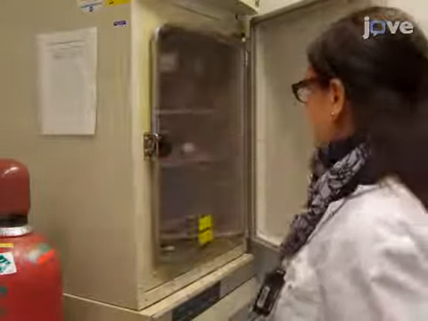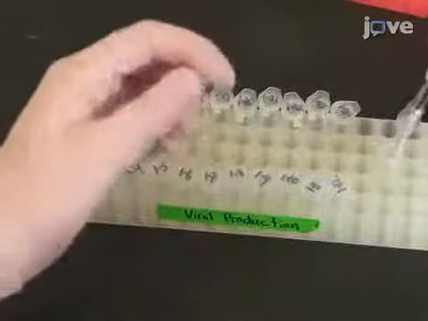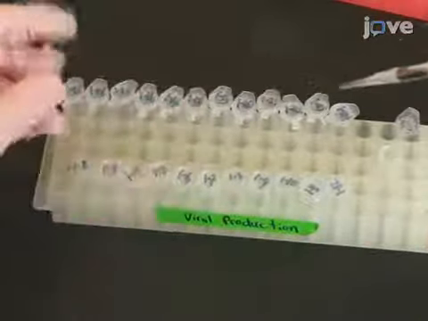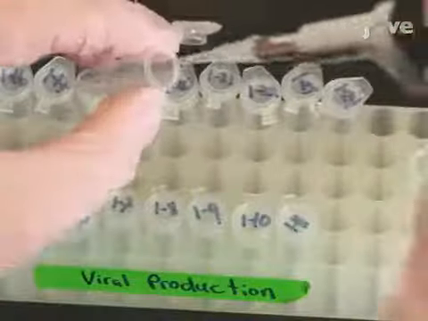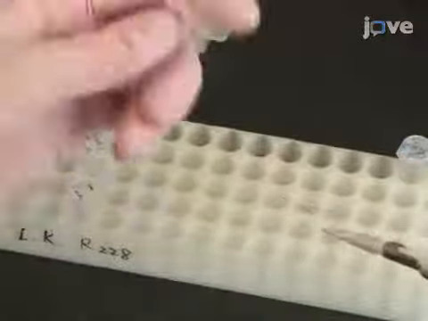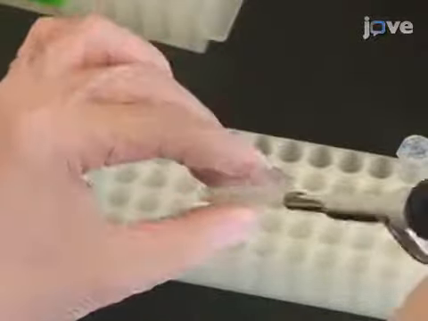confluency. For the viral production assay, prepare a 10 nanogram per microliter dilution of an HIV-1 expression plasmid and add 10 microliters to each assay tube. Next, prepare 5 micromolar dilutions of test RNAs and a negative control RNA. Then, add 2.5 microliters or 10 microliters